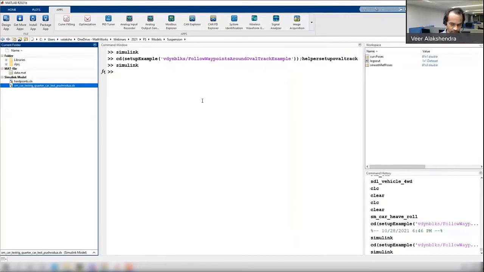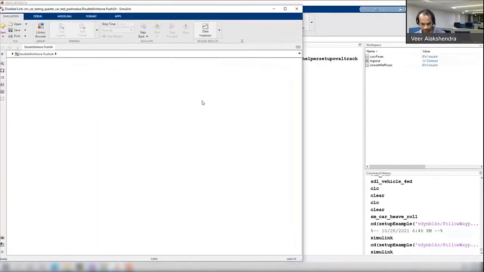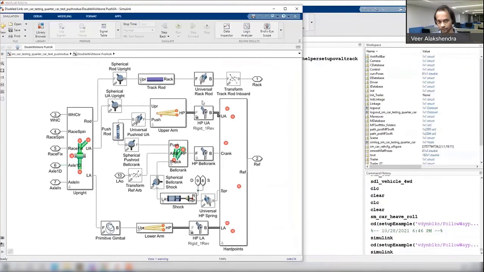After this, once we have given an overview of the suspension system, then we'll move to